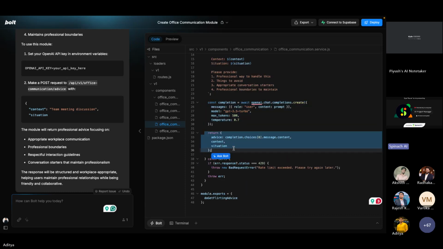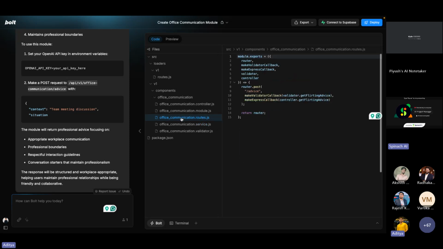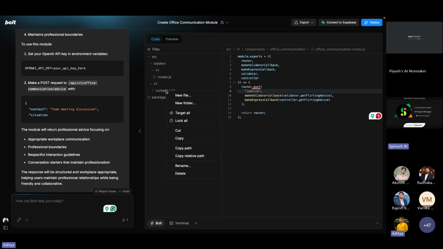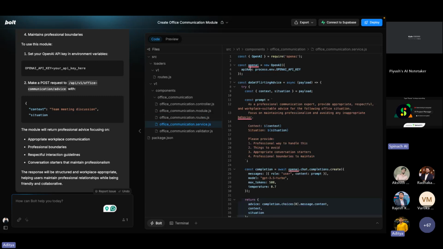जनरेट करके, और फाइनली इसने रिटर्न भी कर दिया कि क्या होना चाहिए। इसका एक राउट भी बना होगा, बेसिकली एपीआई एंडपॉइंट कौन सा इसका है यहाँ पे, तो इसने एक बना दिया /advice करके। और ये पूरा फाइल जनरेट नहीं हो पाया इसमें, मैंने बस कंपोनेंट जनरेट करना बोला था, इसलिए इसने ये कंपोनेंट जनरेट कर लिया है। इसका फायदा ये है कि इसको आप कट कॉपी पेस्ट करके कहीं भी यूज करोगे तो ये चल जाएगा, इसमें कोई इशू एरर नहीं आने वाला है। कंडीशनल की आपके .env फाइल में ये वेरिएबल होना चाहिए। यहाँ पे चैट जीपीटी की की चाहिए होती है, वो चाहिए होती है आपको।